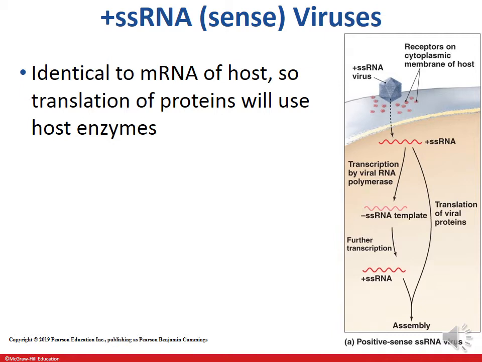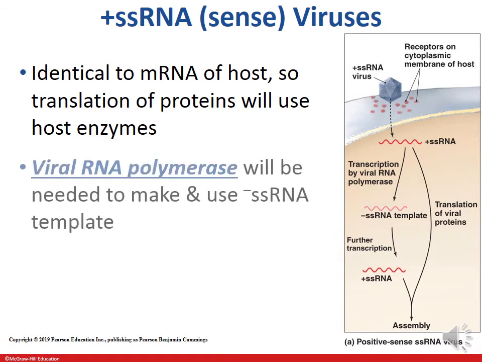It's going to use the host enzymes. It's coming in looking just like that, that is required. But because we don't have double-stranded RNA, the template that would be used to make more of that positive strand would have to look like the complementary strand to that positive strand, and we would call that negative single-stranded RNA. And so because we never make RNA from RNA, that virus would have to come in pre-loaded with an enzyme that it made in its last life cycle